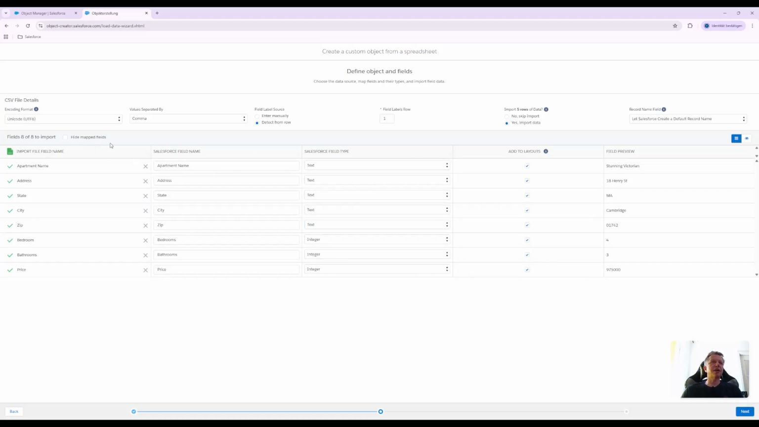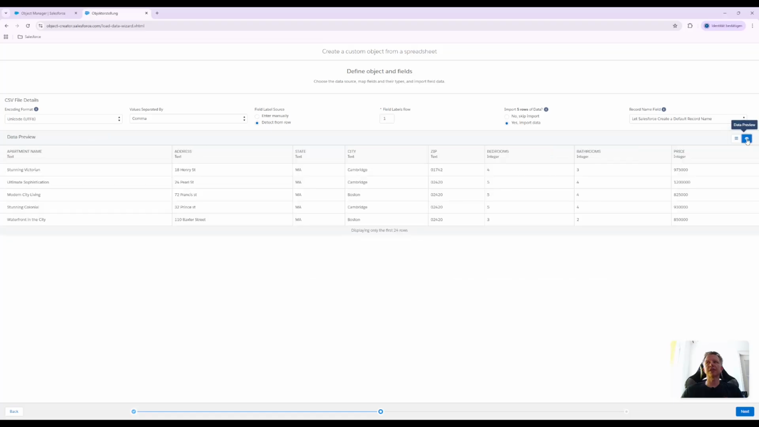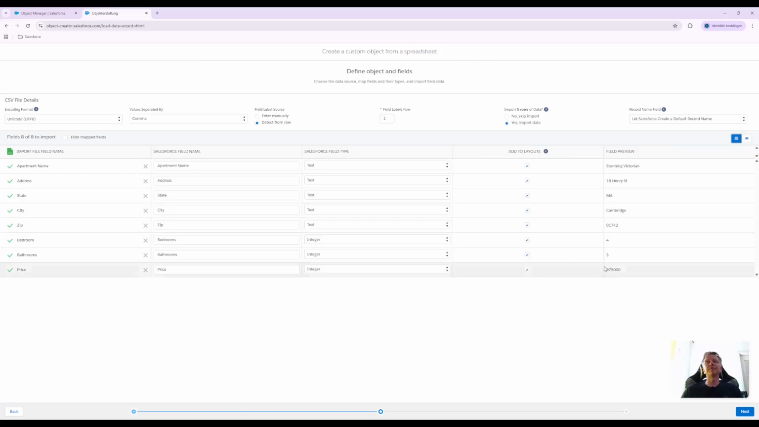As my spreadsheet I just uploaded here also contains data, I have here the options, field mappings, or I can go to data preview and see, okay, the data I have in my spreadsheet, this is how it would be imported into the fields. Okay, pretty cool. 5 records. Why not? Of course, I don't have to tell you, but I tell you,